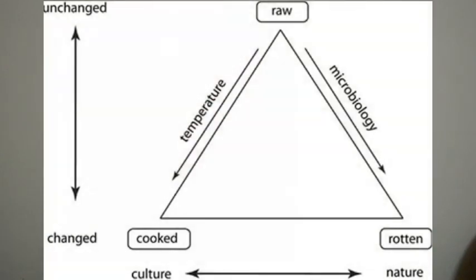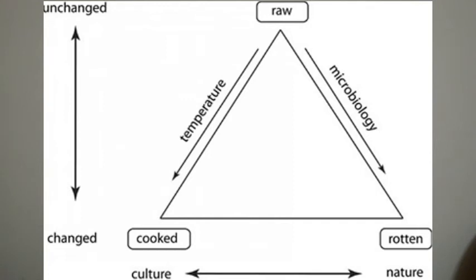Levi-Strauss's Culinary Triangle. This one really amuses me, and I won't come out and say it's stupid, but it's not very smart. Here's the Culinary Triangle, and Levi-Strauss said we've got two opposites here. On the one hand, on the bottom of the triangle, we've got culture versus nature, and on the vertical axis, we've got